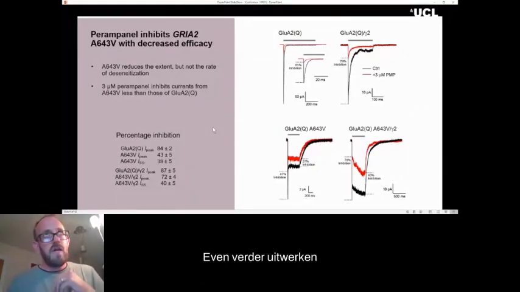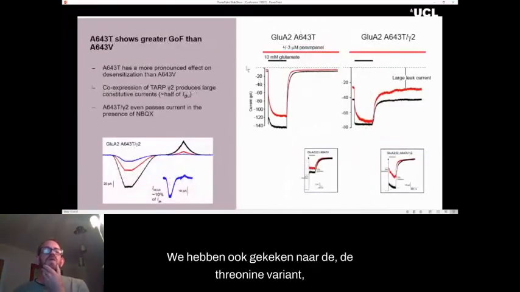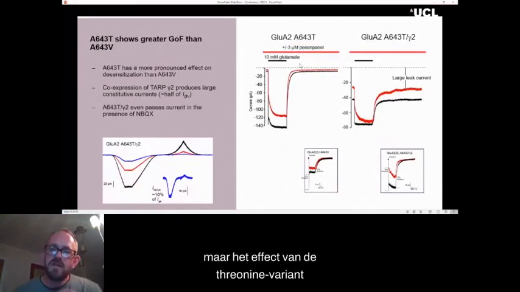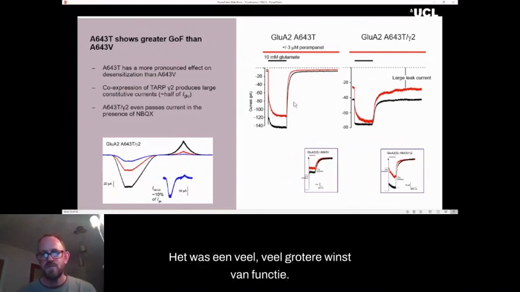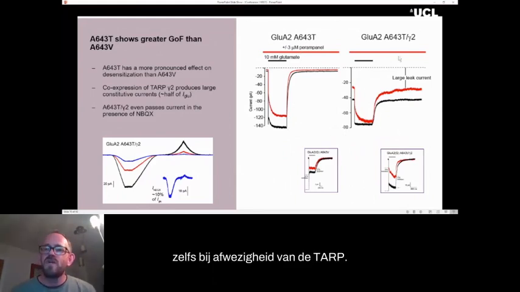Just to further elaborate why it's important to do these kinds of tests, we also looked at the threonine variant, which is also known to be gain of function. But the effect of the threonine variant was even greater than valine. It seemed to be a much greater gain of function. There was no desensitization at all, even in the absence of a TARP, and in the presence of the TARP,